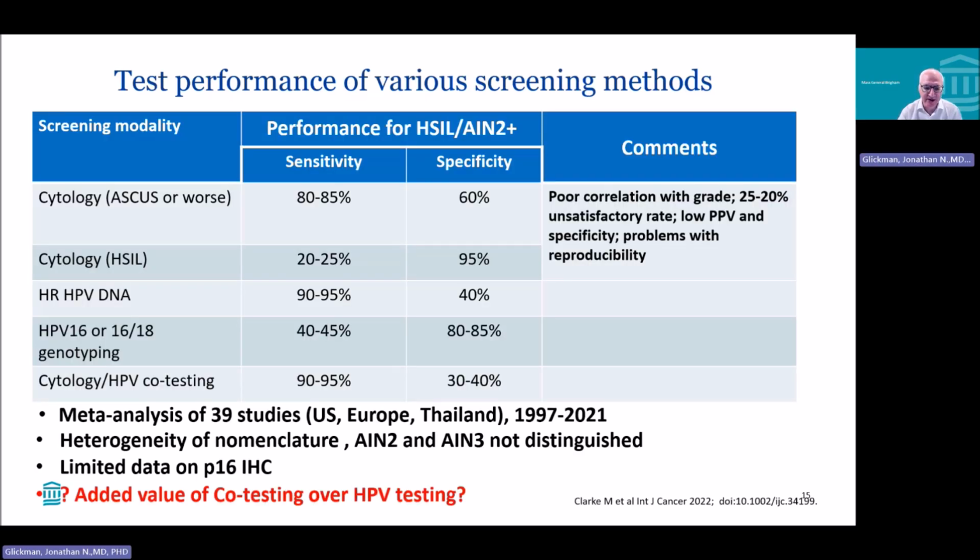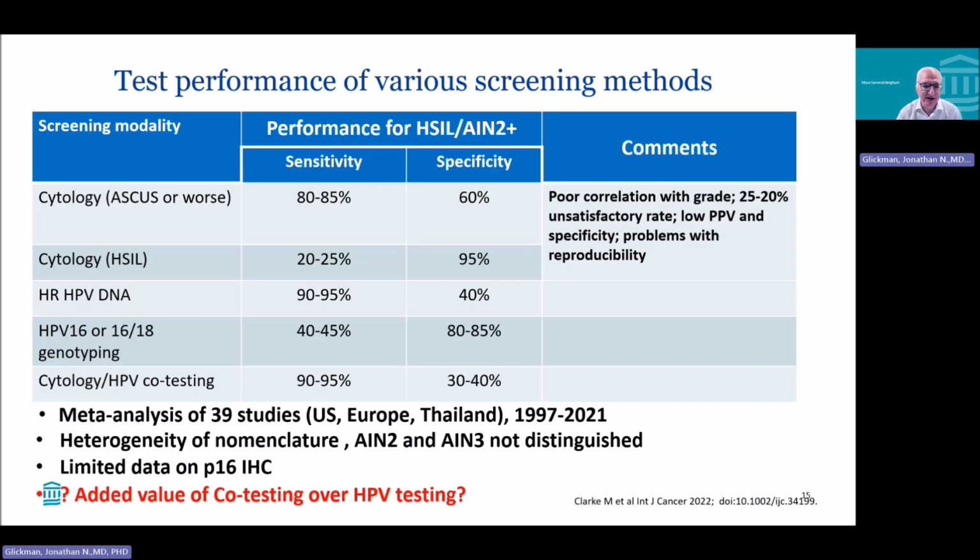I think also, another issue is what sort of screening method is being used to identify patients who have anal squamous neoplasia. And there are a variety of possibilities. Probably the most traditional one is cytology and anal pap smear. These are the results of a meta-analysis that was done of 39 studies in the US, Europe, and including some Thai studies, which found that if one uses a gold standard of detection of H-SIL lesions, AIN2 or worse,